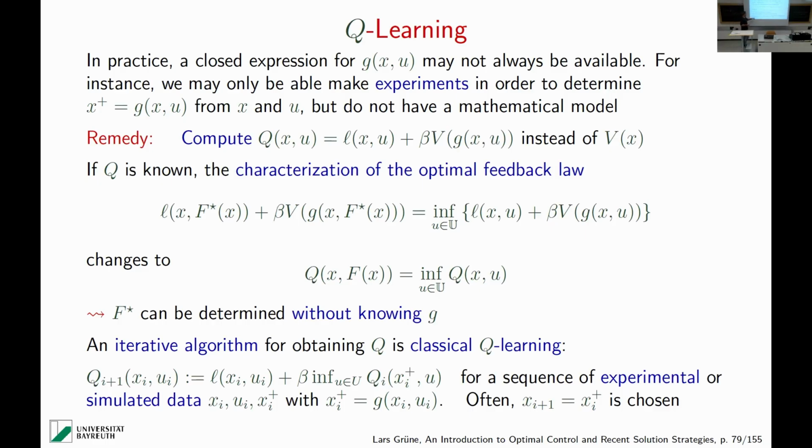Very often, if you continue for the next index, you just use the xi plus, and you compute long trajectories and use the data from the trajectories and plug them in here and do this iteration. This is the classical Q-learning. Conceptually, it's a variant of the value iteration, but for a different object. And with a little bit of different flavor because it has this data-driven flavor here, but mathematically, there's nothing different behind.